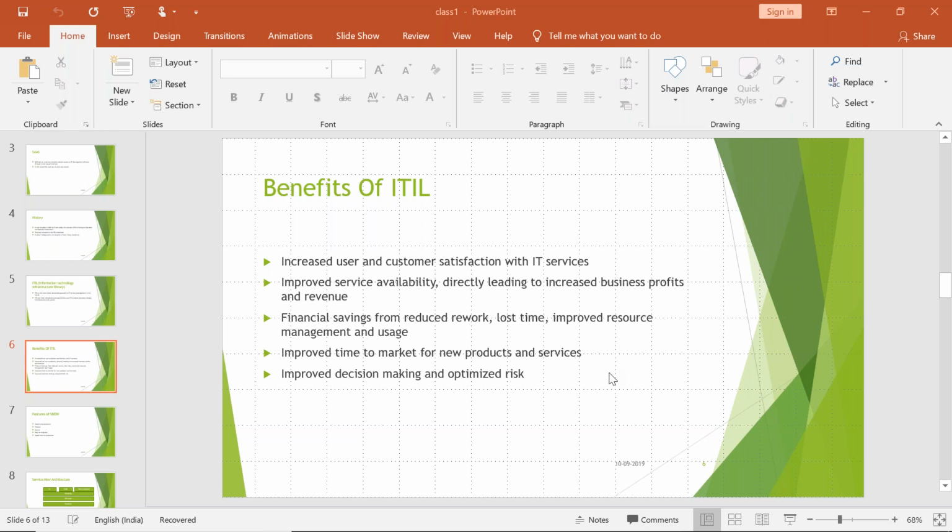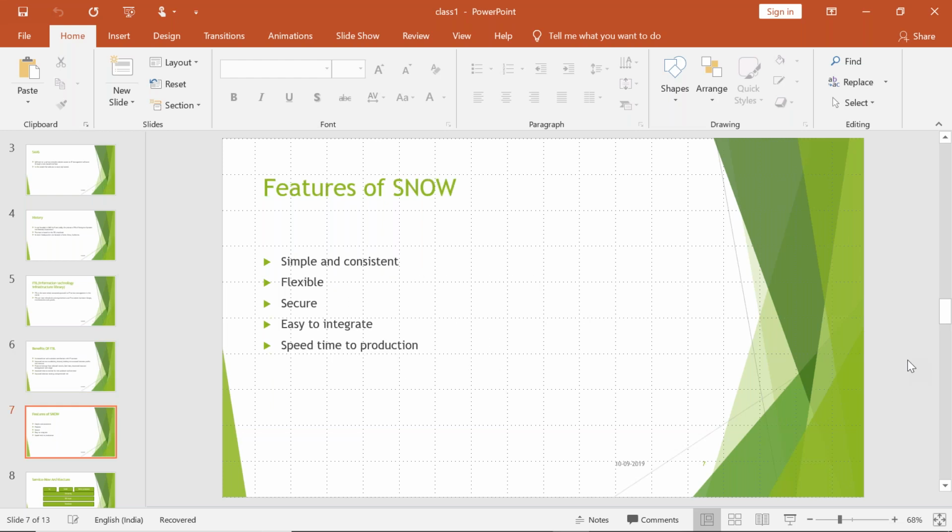Okay. So now proceeding further, I wanted to talk about features of ServiceNow. One thing over here, guys, many a time you will see people using the term Snow instead of ServiceNow. They're referring to the same thing. It is just a shortcut, I would say. So let's try to come to the benefits. Let's try to understand that in detail.